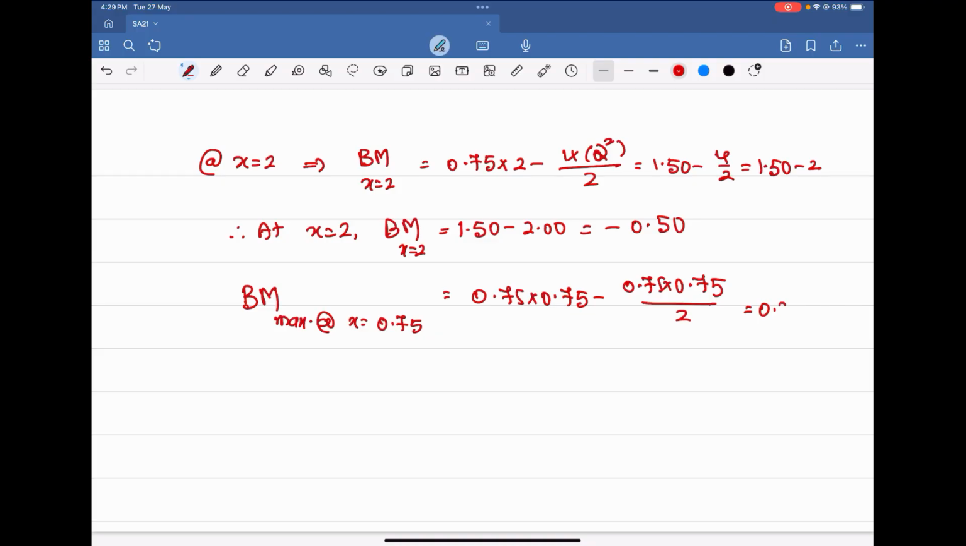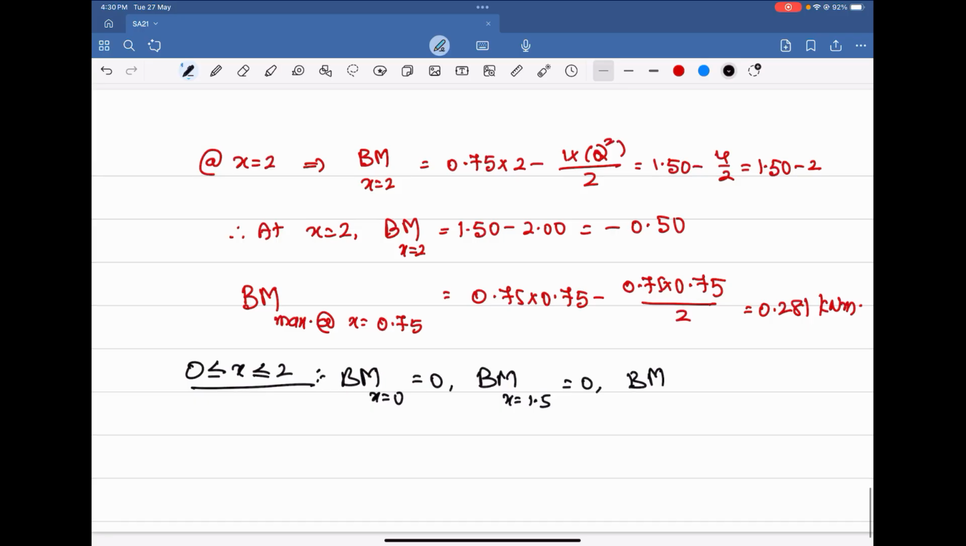0.281 kilonewton meter. That means in between, for the section, bending moment at x is equal to 0 is equal to 0. Bending moment at x is equal to 1.5 is equal to 0. Bending moment at x is equal to 0.75 is equal to